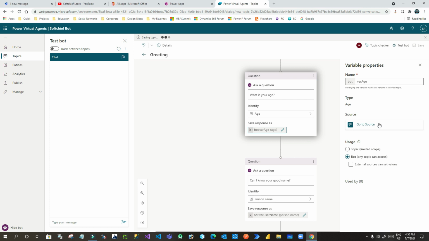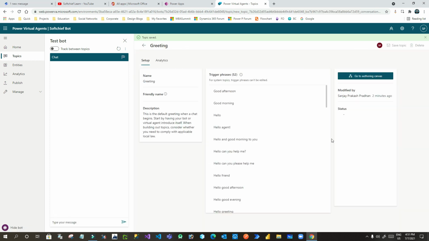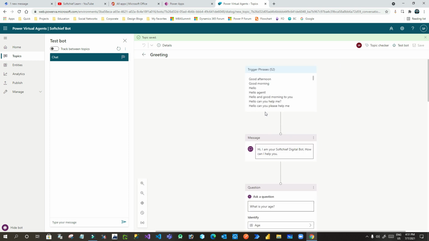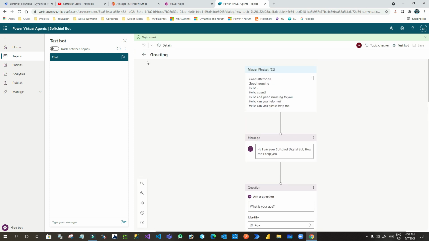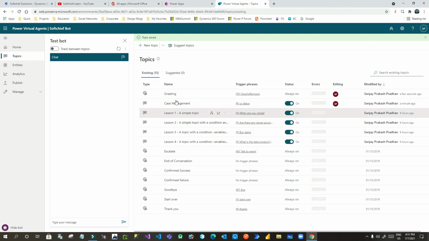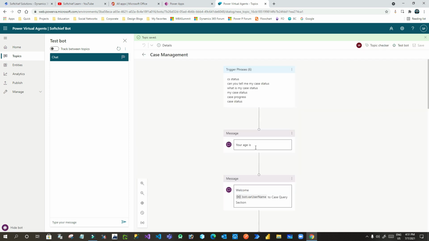Now once you save it, if you go back to the other topic, you can find this variable there. Go to this topic, case management. Go to authoring canvas. Now here I want to display the age. So this is greetings and this is case management. Now here I want to access this age variable.